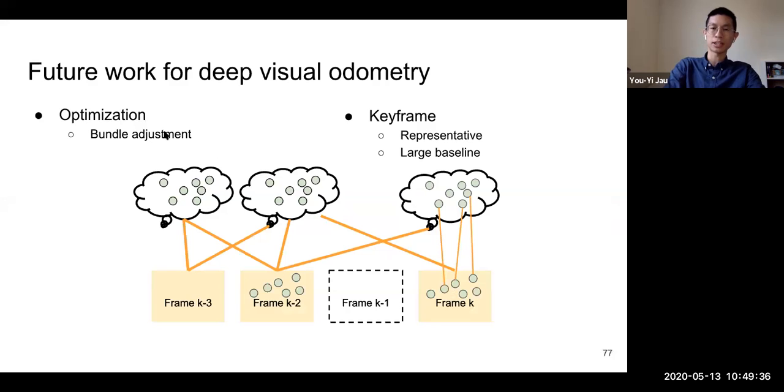There is some inspiration from ORB-SLAM. We know they do optimization using bundle adjustment so that they can enforce the constraint using multiple views to fix the error. We can do similar optimization, but in our case, we don't have 3D-2D correspondences. So we can instead use the photometric consistency between multiple frames